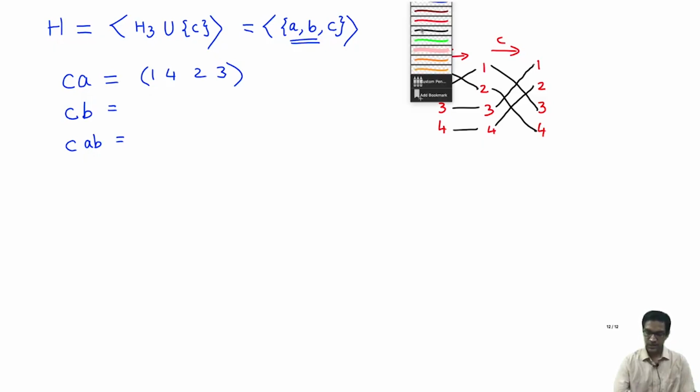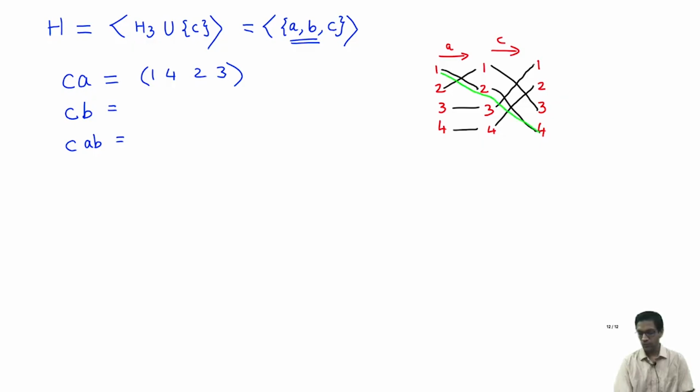Let's chase the arrows. What does 1 map to under this? 1 goes to 4. So that's what you see here. Now where does 4 go to? 4 goes to 2. So I've figured this out. Let's see what 2 goes to. 2 maps to 1, which maps to 3. So 2 goes to 3. And then finally 3 goes to 1. So that's the cycle here. What I've done here is just written out the permutation in cycle notation. So that's 1 4 2 3.